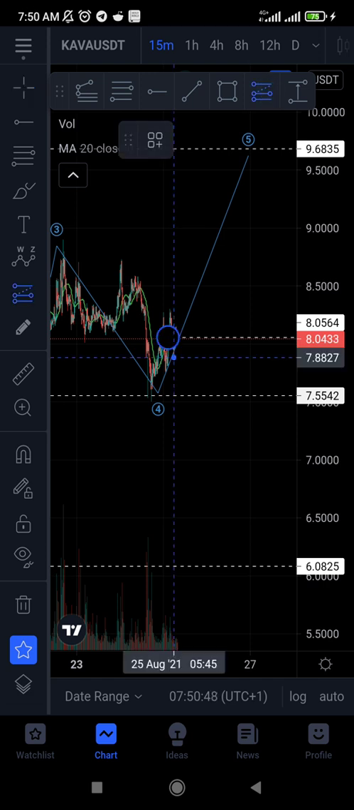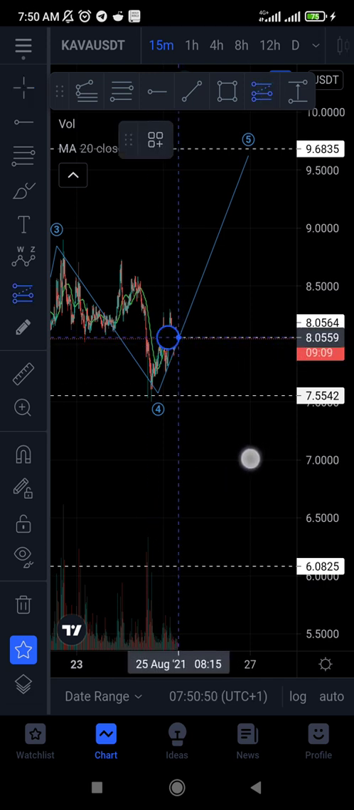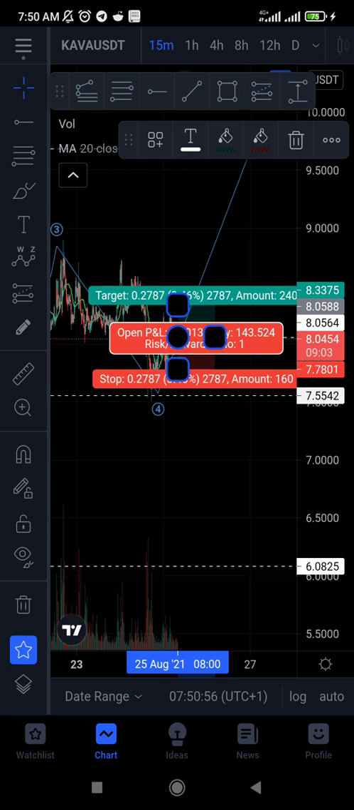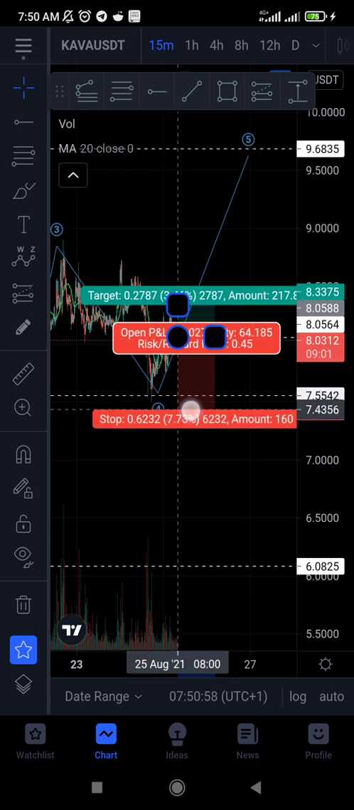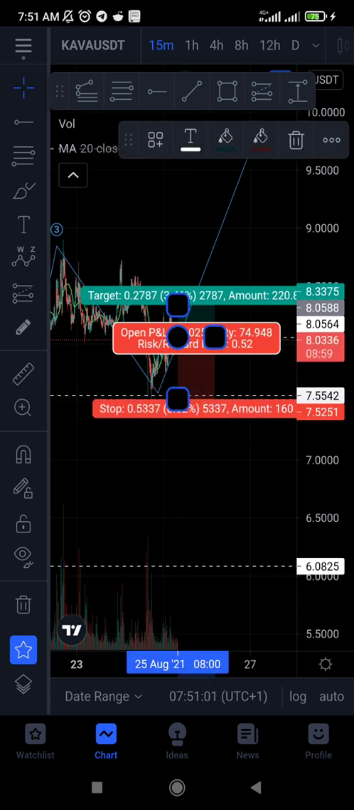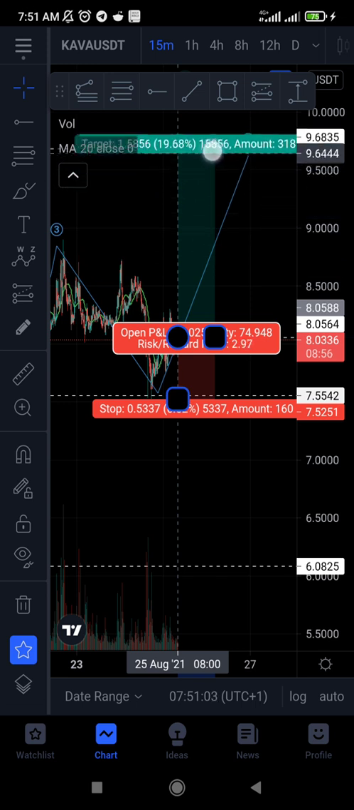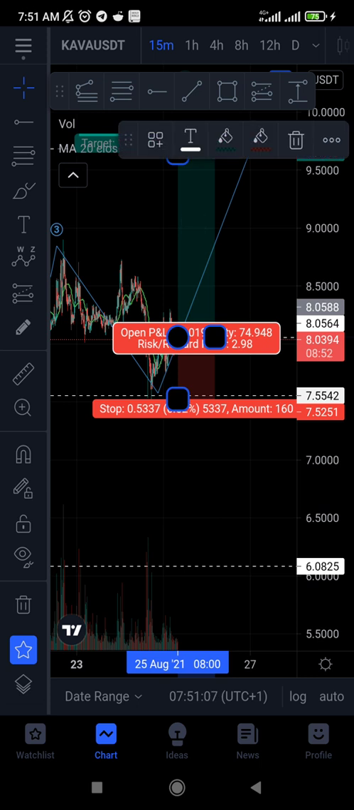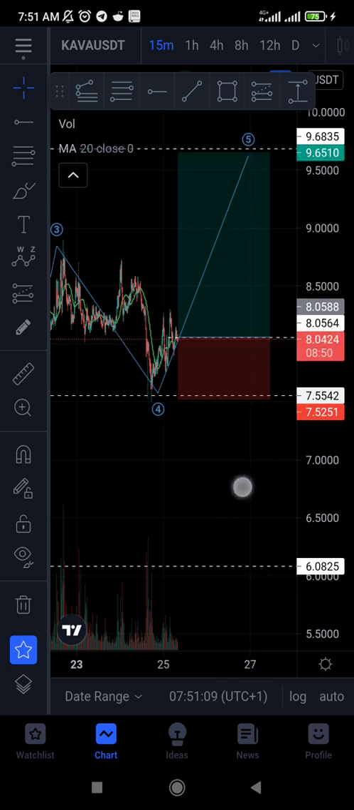So I use this tool. Place it at our entry. So when I select it, I'll just drag it down to wherever I want and take it to the point where I want. So now this space here,